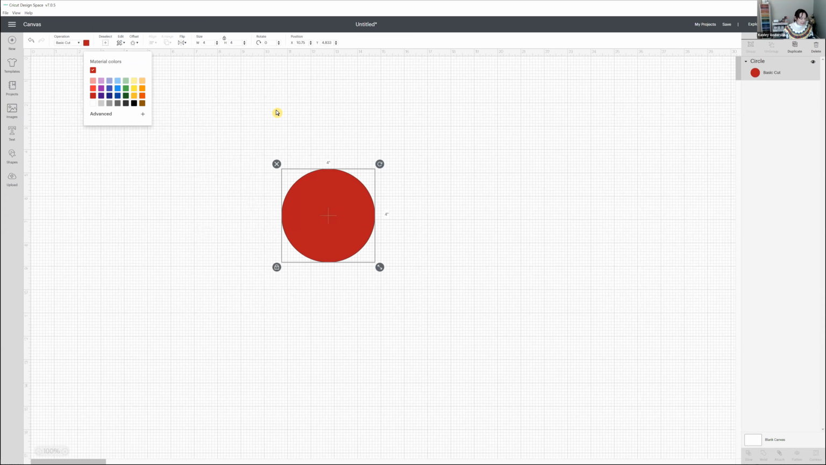Now, you'll notice I have these quick edit icons around the edge of the shape, and that lets me know I have this shape selected. So with your finger or a mouse,